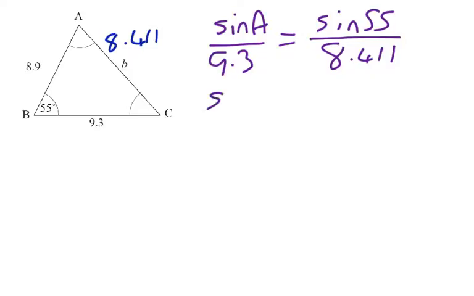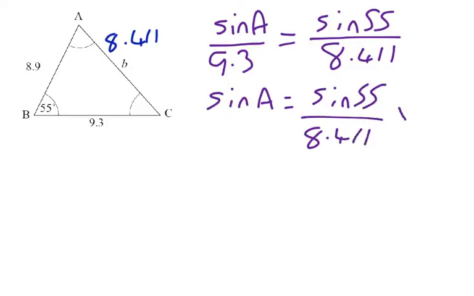With a little bit of rearrangement, sine of A is equal to sine 55 over 8.411 times 9.3, which gives us sine of A is equal to